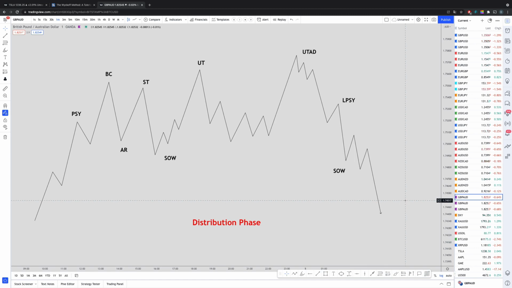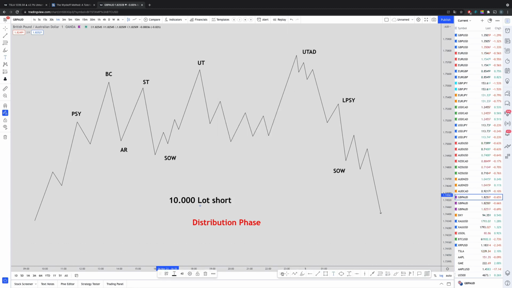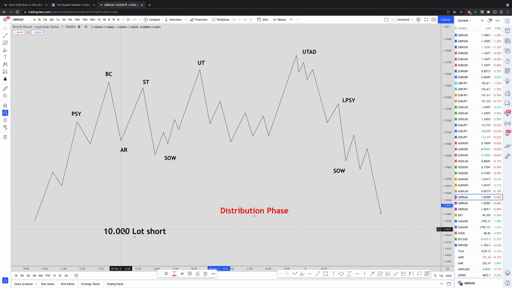All right, now let's get right into the example, explaining what the task is. The task is for the trader, for the algorithm, to put 10,000 lots short. This is the goal. We would like to get 10,000 lots of short positions. That's the task. So let's put it here. Okay, what will the market do first?